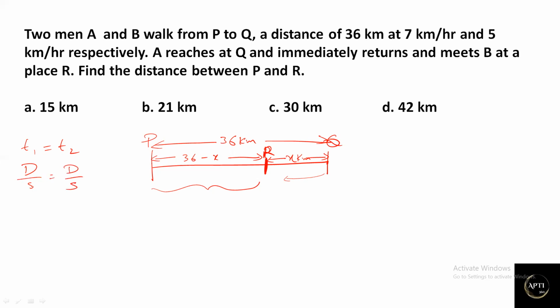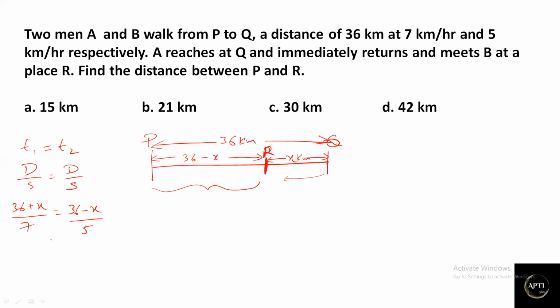First person, how many kilometers did he travel? The first person, A, traveled the entire 36 kilometers, and then he comes back x kilometers, so 36 plus x, divided by his speed, 7, which equals the second person's travel. The second person traveled only 36 minus x, divided by his speed, 5. So if you cross multiply that,